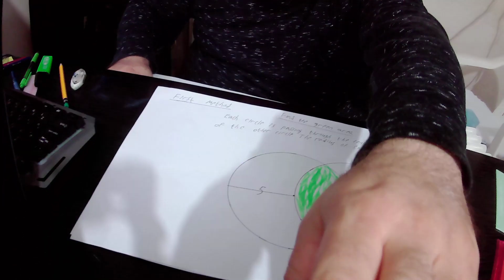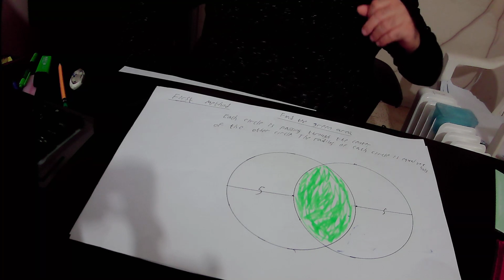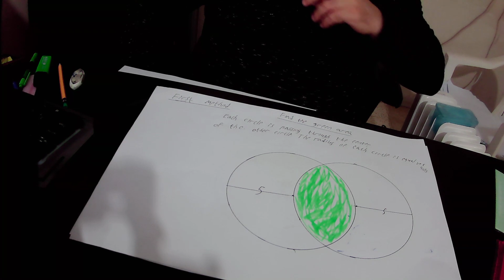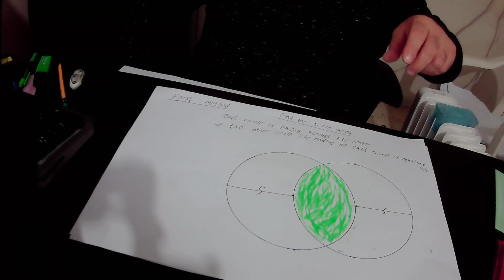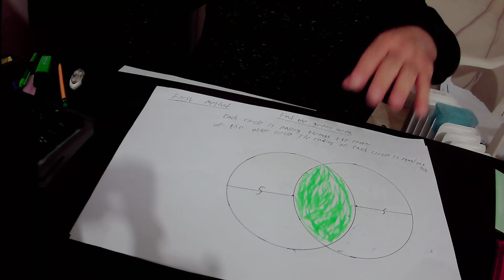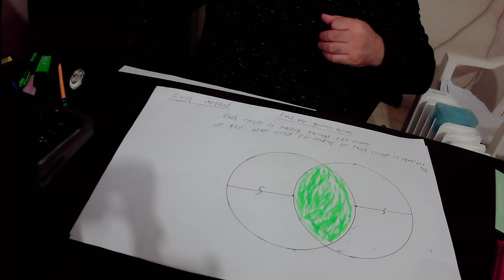Hello, in this lecture we'll find out the area of the green shape using two different methods. In the drawing we have two circles. Each circle is passing through the center of the other circle, and we know that the radius of each circle is equal to 5 units, and we want to find out the area of this green shape. So we start with the first method,